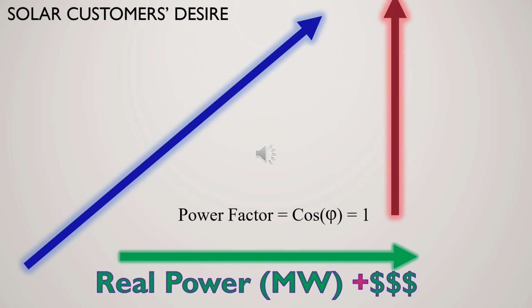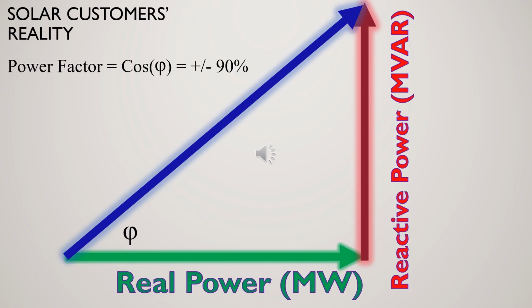So again, from a utility perspective, we need to look at the real and reactive power, and like I mentioned before, apparent power is very critical. That's the bottom line, or the system capacity. However, from a developer perspective, they would prefer to be on a horizontal line, so their whole triangle is nothing but a straight line at unity power factor. However, as we're going to see in one of the other videos, you need to have